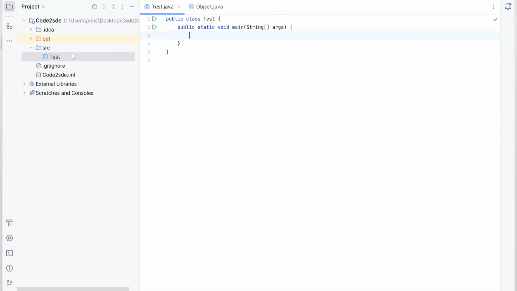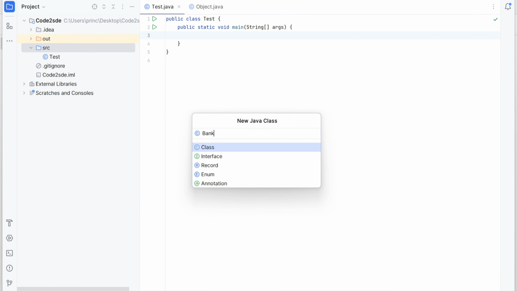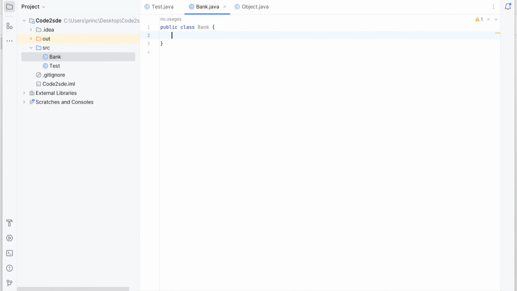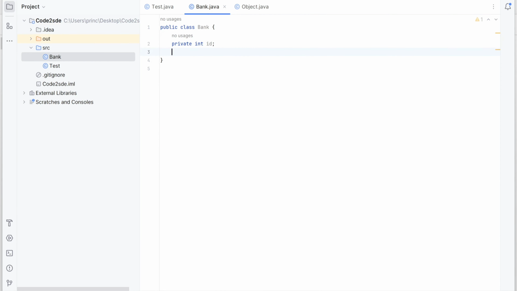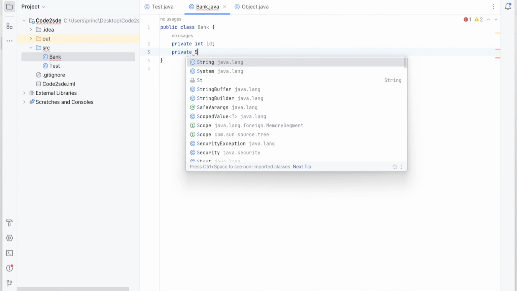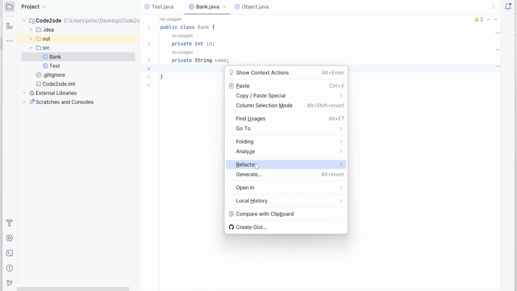To understand that, I'll create one class here. Let's say Bank class, and I'll have some instance members in it, say integer id and string name. I'll generate getters and setters for my need.